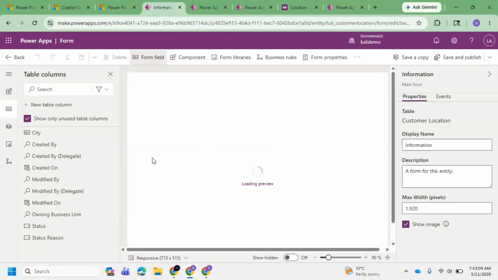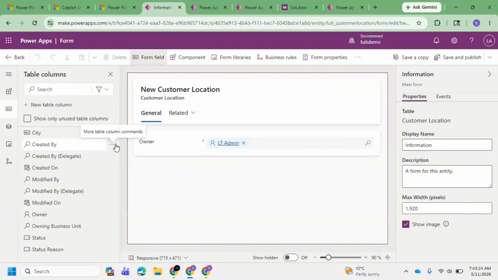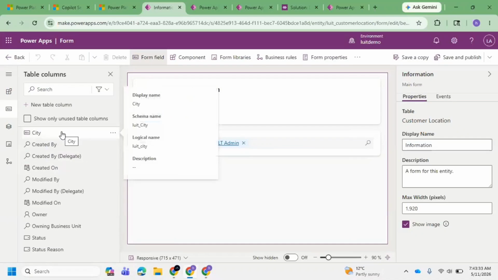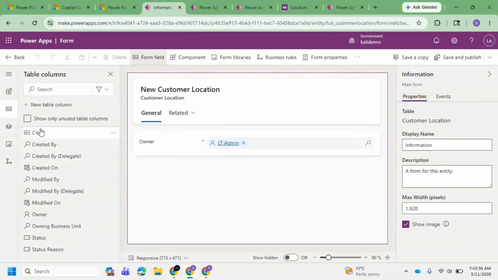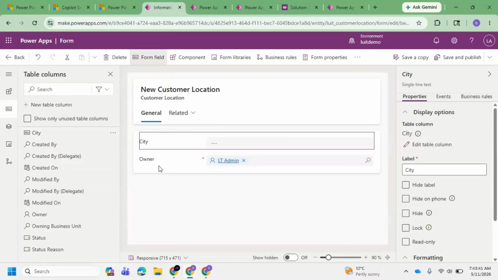Now you want to have the owner, but you don't have city, so a city is added. Now if you see the city column, I want to add it here. So I will drag and drop the city on top here. Now if you do save and publish,